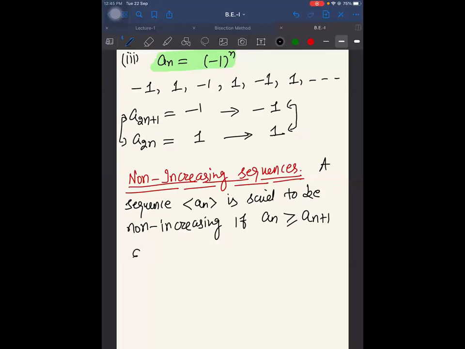Let's say, for example, take an to be 1 by n. Now, if you take the terms, let me put it in a straightforward way: 1, 1 by 2, 1 by 3, 1 by 4, 1 by 5. So this is your a1, this is your a2, a3, a4, a5. Now, if you check that,